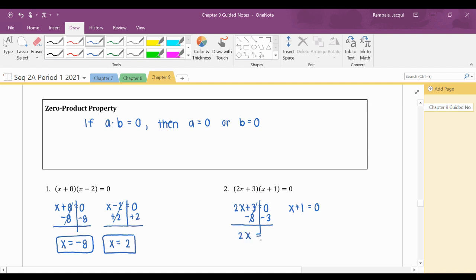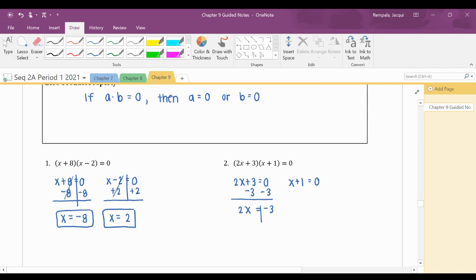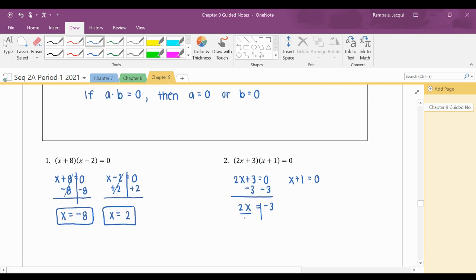That gives us still the 2x. 0 minus 3 is negative 3. To get the x by itself, we have to undo that multiplication. So I'll divide both sides by 2. When I divide both sides by 2, that gives me the x by itself. Negative 3 divided by 2 is going to be a decimal if you put it into the calculator. I'd rather that you leave it a fraction. If you can simplify, then simplify, but 3 and 2 don't have anything in common, so negative 3/2 is my